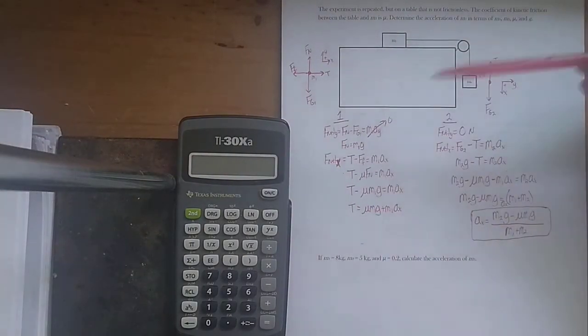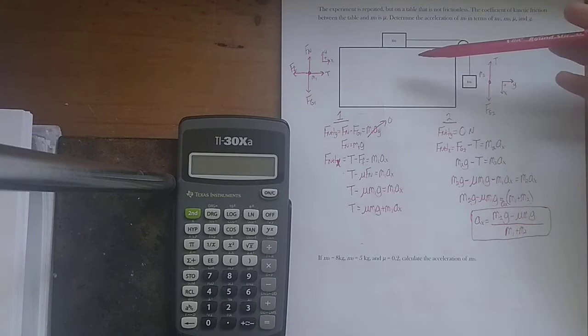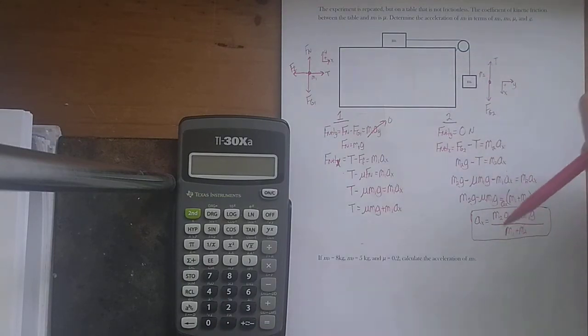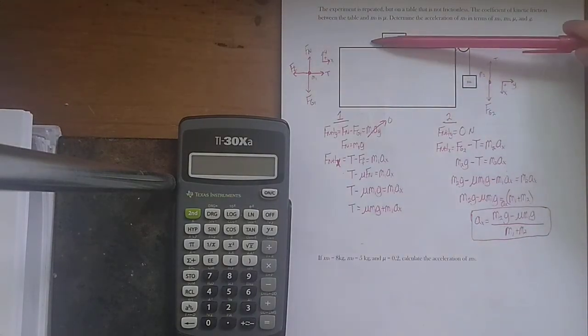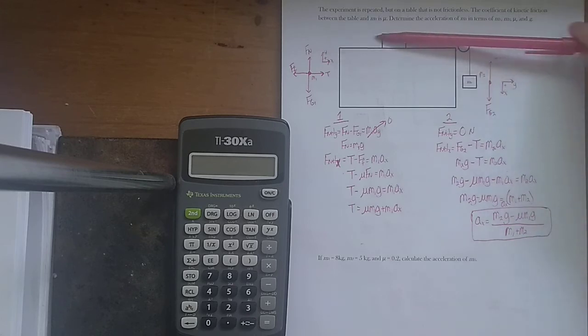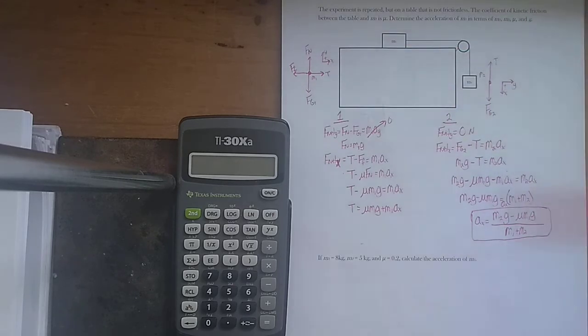The reason for that is the bigger m1 gets, it almost looks, and maybe I shouldn't have said this one, it almost looks like it should tend towards a negative acceleration, but that doesn't quite make sense. That would mean that the acceleration is in this direction, which would never happen. What's really happening here is there's a limit to how big m1 can get, and we still have kinetic friction acting on this. So at some point, m1 would get big enough so that there would be no motion at all, and the system would remain where it is. But in either case,